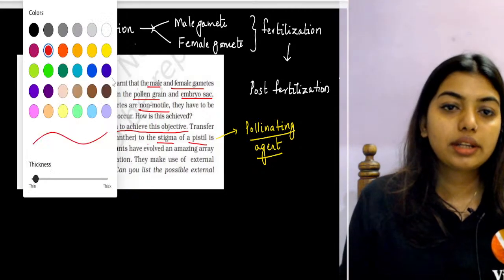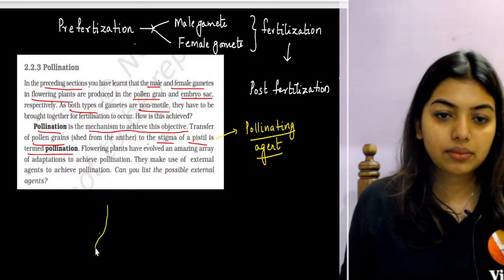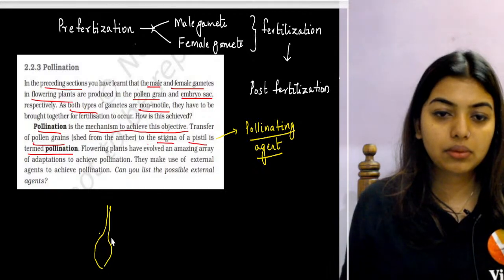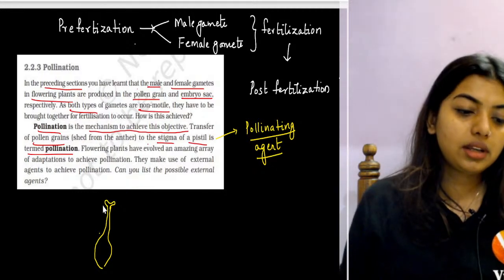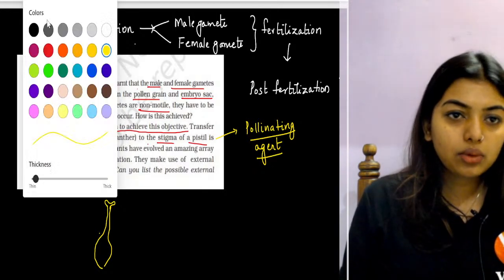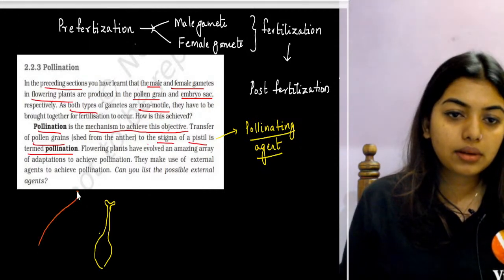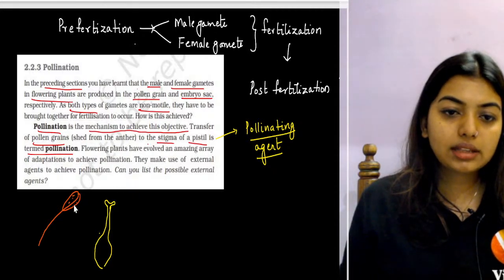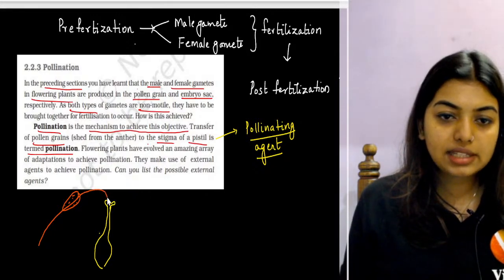Now, the pollen grain will be where? In the anther, right? So inside the anther there are going to be pollen grains. Now these pollen grains, with the help of dehiscence, the anther will dehisce and the pollen grain will land